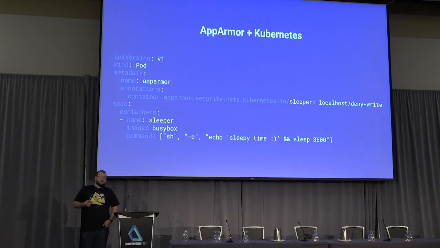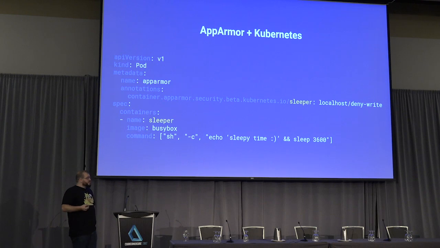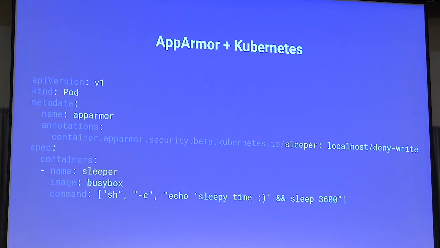What you would do when you have this policy is apply it in the same fashion using a Kubernetes manifest as you see here today. So we have an annotation. It's a little bit different than a label, I won't really go into it. But it says, please apply this AppArmor policy to the container named Sleeper. The container named Sleeper is just a BusyBox container that's going to sleep for an hour and then die. It's just proving an example that we can take this AppArmor policy and apply it to a container.